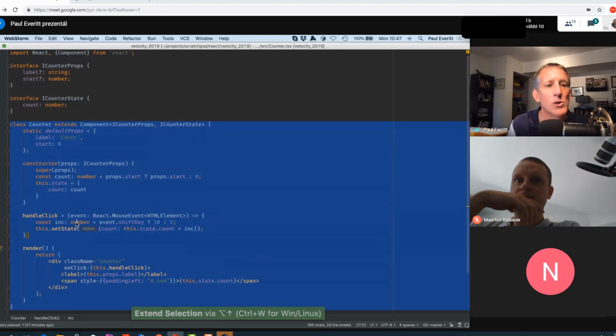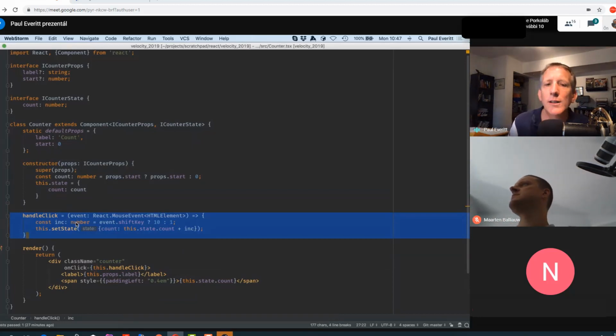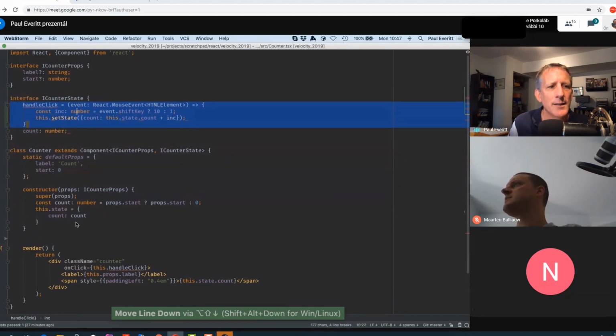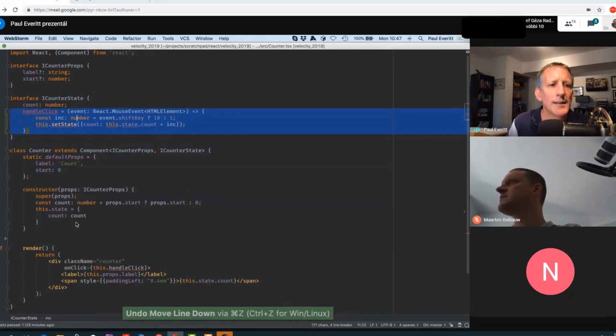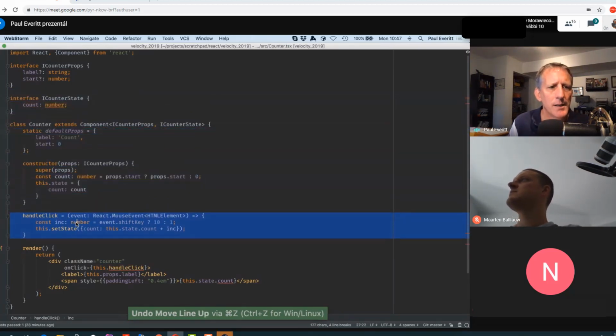I went too far, so I want to shrink the selection a little bit. Now that I've made the selection without using cut and paste, I can move the selection line up, line down, etc. It lands here, and then I retab it. All without taking my hands off the keyboard. All right, put that back where it was.